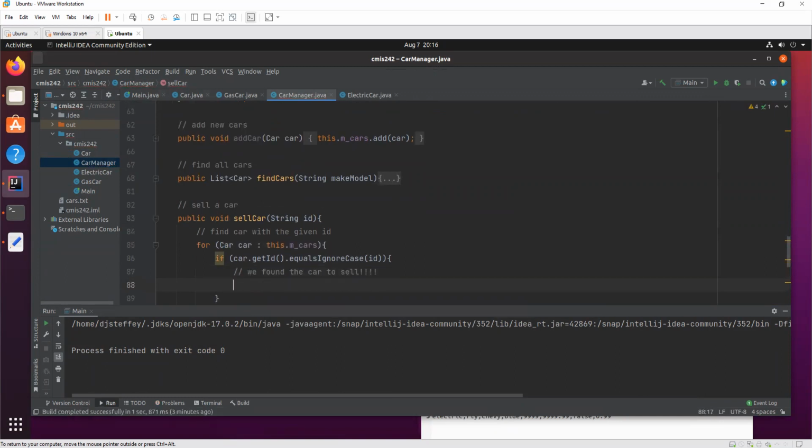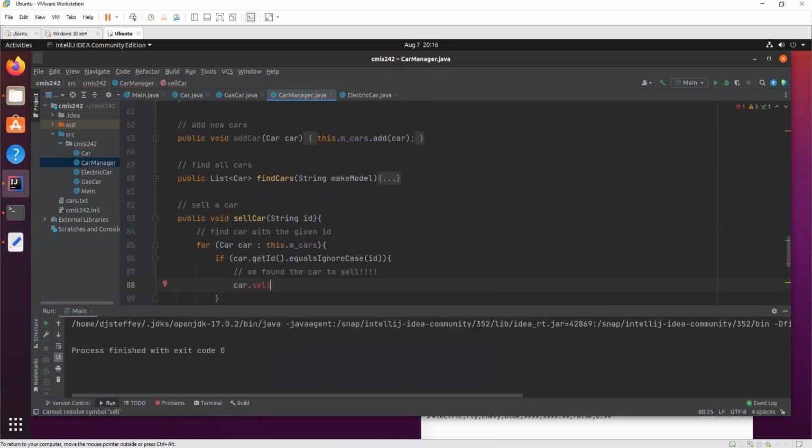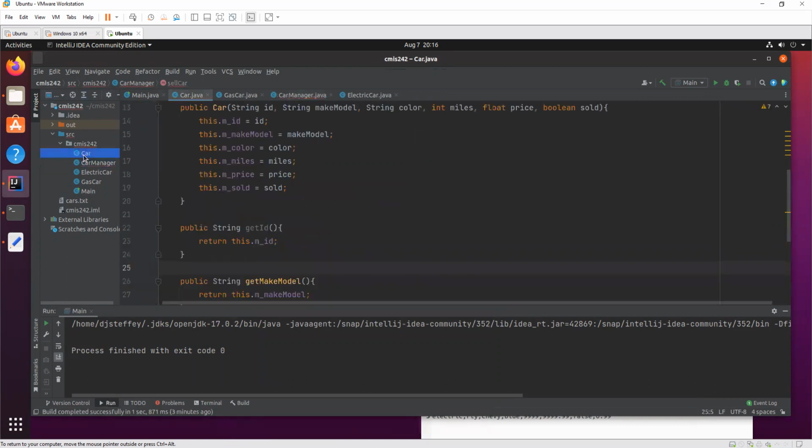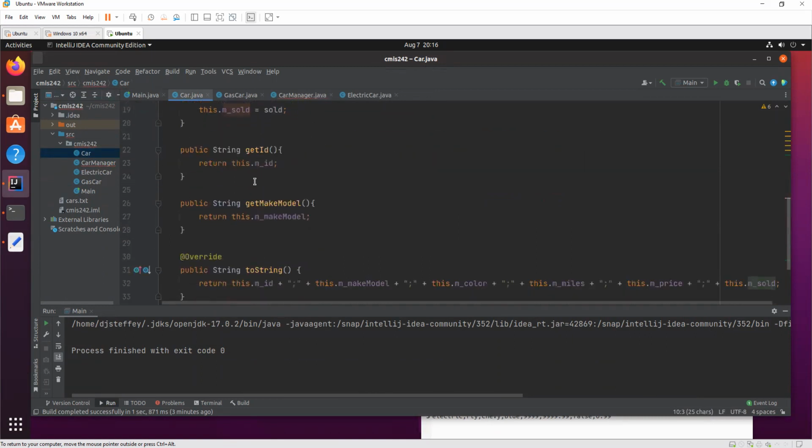So let's sell the car. Well, the car doesn't have any sell function, right? But how do we know if a car is sold or not? We know from this variable right here, either true or false, it's sold or not.